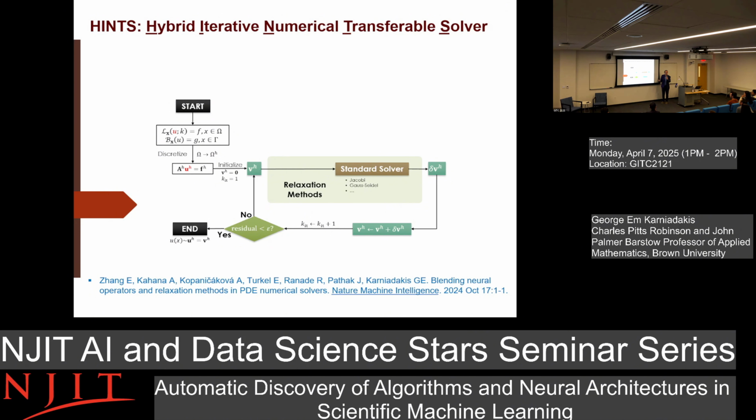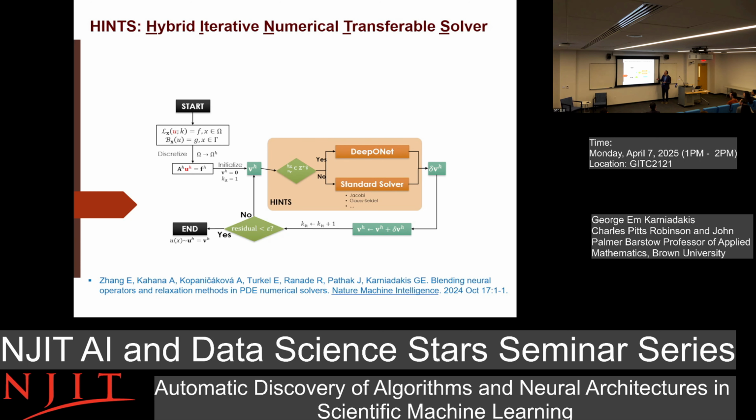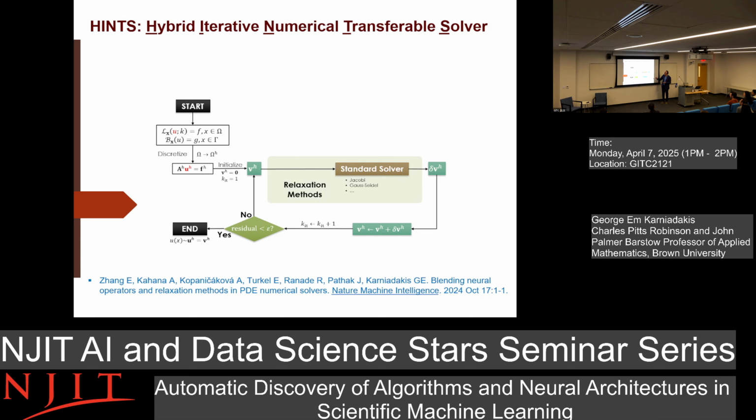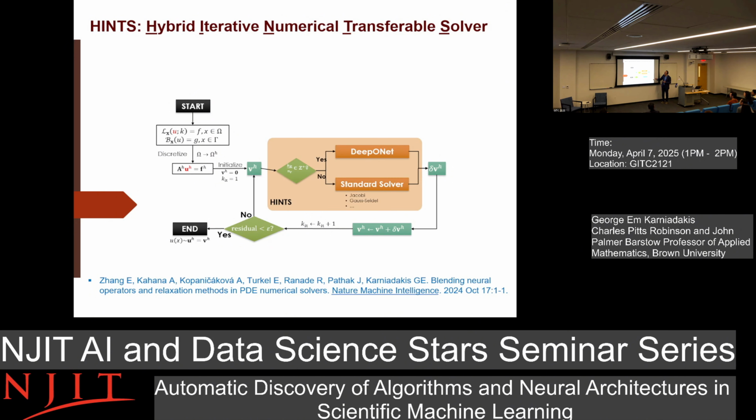So I have a very, very simple idea which comes from what I told you earlier. I want to replace, let's go back. I want to replace the standard solver, the 150 years old solver, with something, not totally replace it, use it sometimes, but also use a neural network here, a neural operator that learns it. Why do I do that?